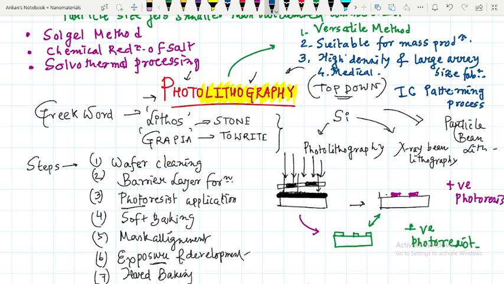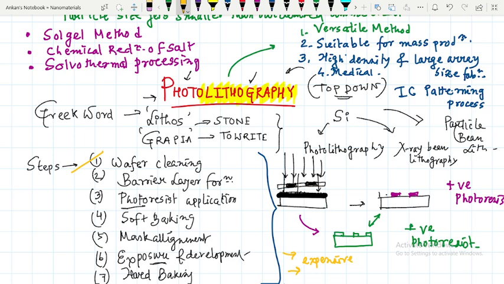Now, it also contains some disadvantages. What are these? It is very expensive because of the cost of the machines. A completely clean room is necessary for this type of process, because the first step implies wafer cleaning. So cleanness is very much necessary here, and this is some prototype formation, because it is the oldest method